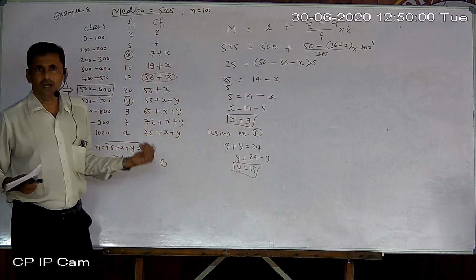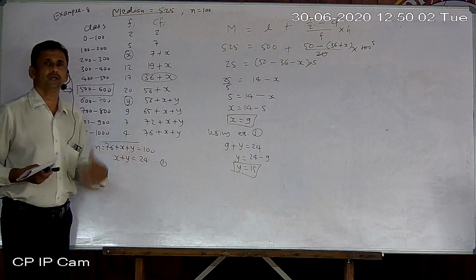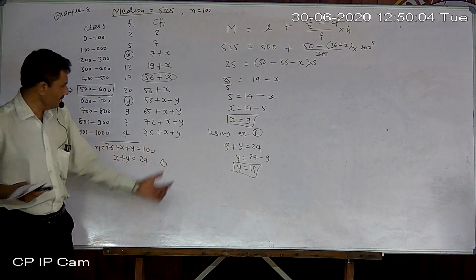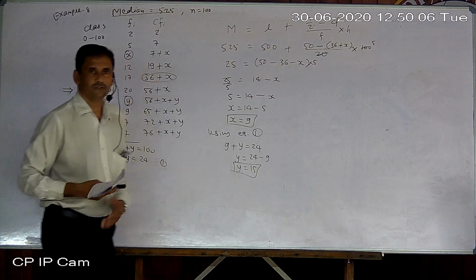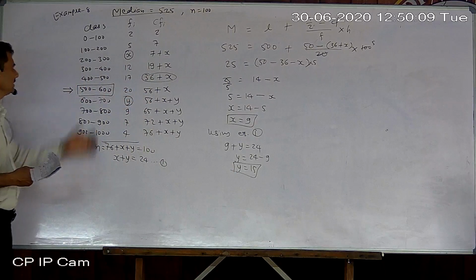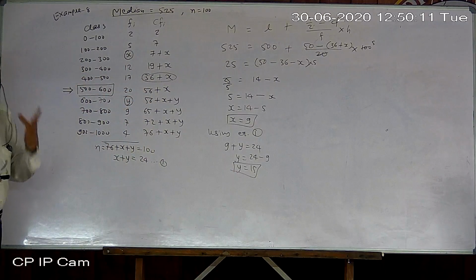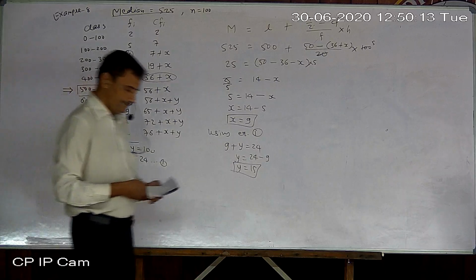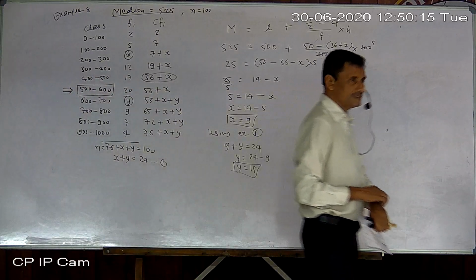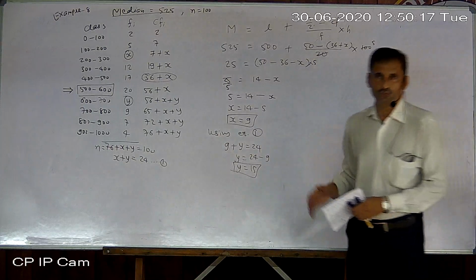After getting one, by using equation number 1, you can find the other one also. Okay. So the second one we got 50. This is a very simple sum. You can write the table, which is of only 3 columns in a median sum. Now, if one missing frequency is there, then how to do it?